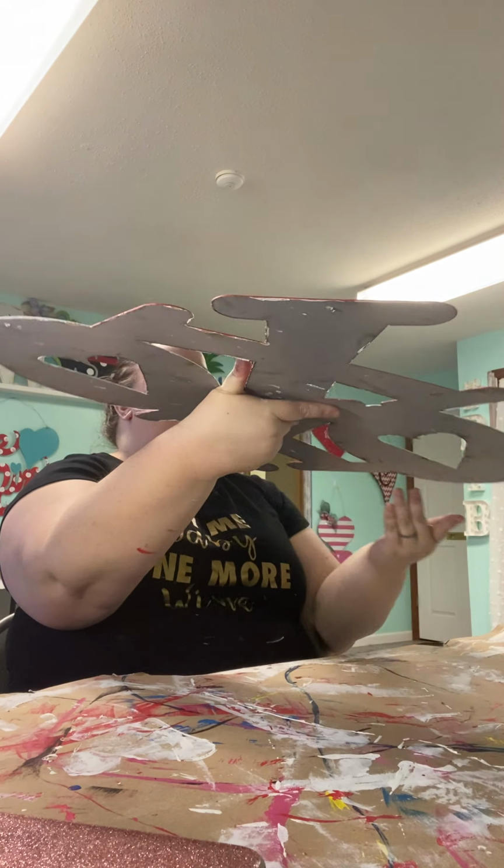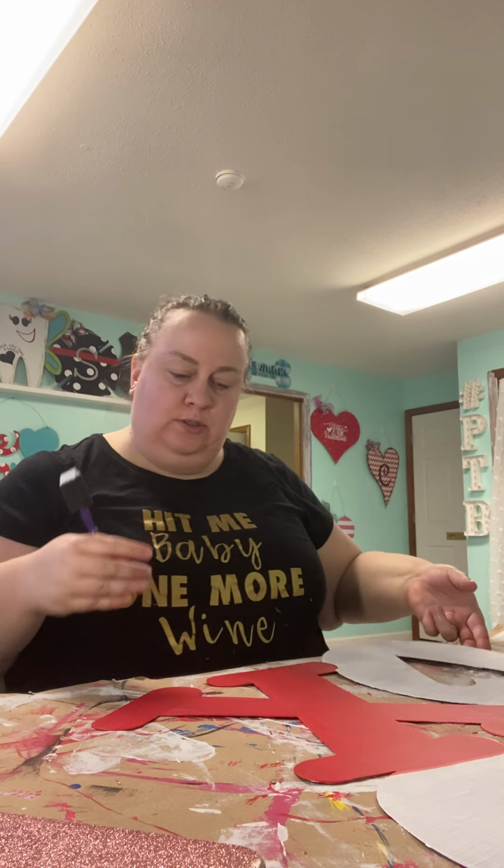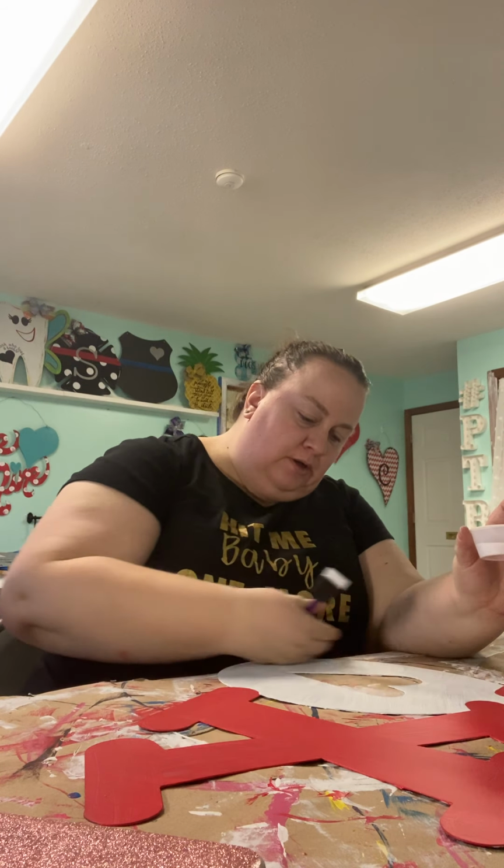If it's shiny, it's still wet, okay? So we now have one coat on our entire shape. And what we're gonna do is go back to our O's. I want to do a second coat of white because I'm fancy, like Applebee's. Also because it is a little bit streaky and I just want a little bit